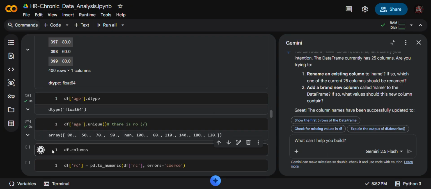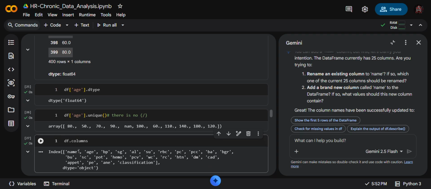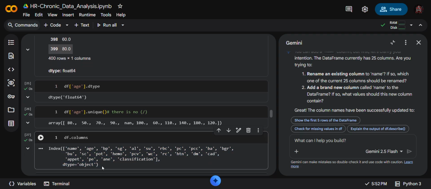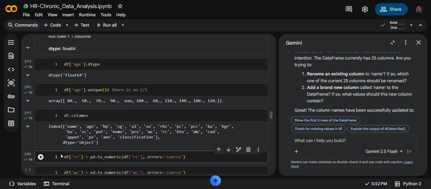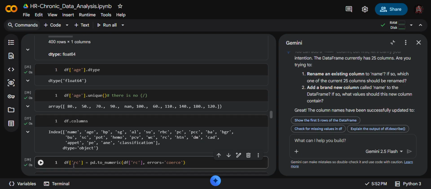So now df dot columns shows all the columns. Now this command is for red cells, red blood cells, and there is a column named red cells. So we have taken rc is equal to pd dot to_numeric.